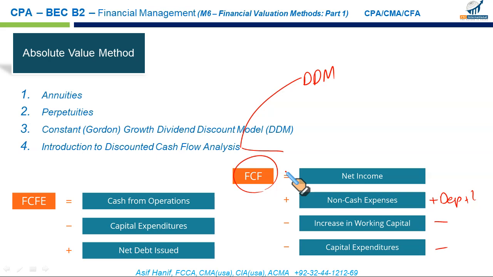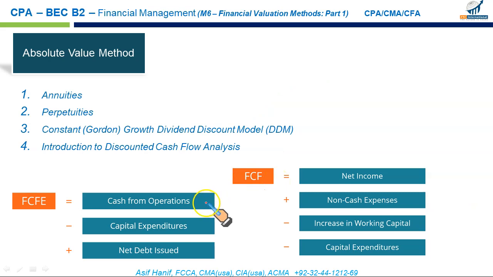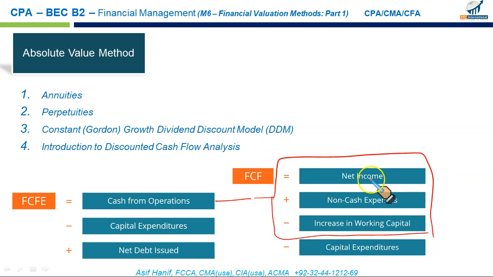You can use either this model or else you might use free cash flow to equity. It is somewhat similar because of cash flow from operations, let me tell you how they are correlated. Cash flow from operations is in fact the net of this result. This is the cash flow from operations. If you simplify these 3, net income, to this add non-cash expenses, adjust working capital, these 3 total gives you cash flow from operations, right? These 3 are the same as this one. Now, if you deduct the capital expenditures from this, these 2 will give you what you call the cash flow to the firm.